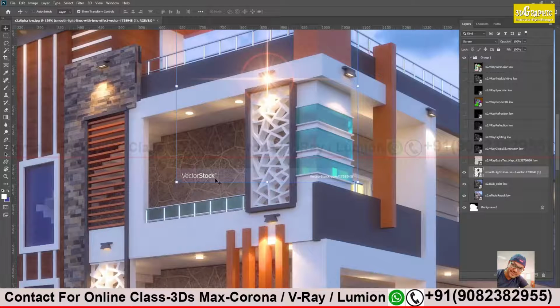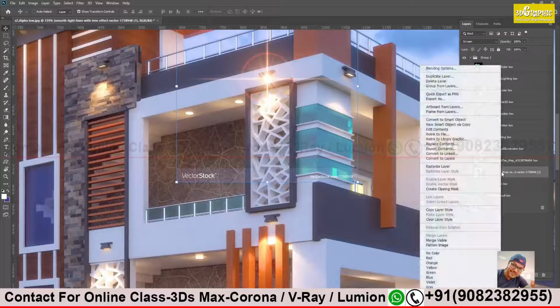First I have to delete this. Whatever image you import into Photoshop will be a solid image, that is not editable. If you want to edit those images, right click over there and choose rasterize.